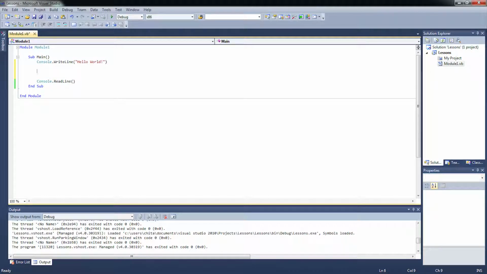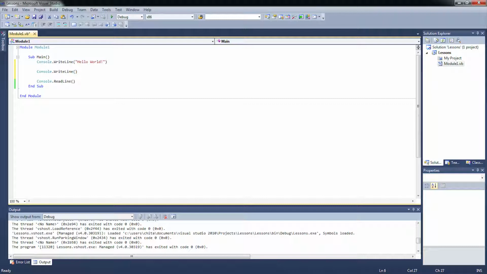is to actually say whatever you want it to calculate. So you're going to once again type in console.WriteLine, and then between these brackets is what you want it to write. Now if you want it to calculate numbers, you don't want it to treat them like text, so you're not going to use the quotation marks. So you're simply going to type in something like